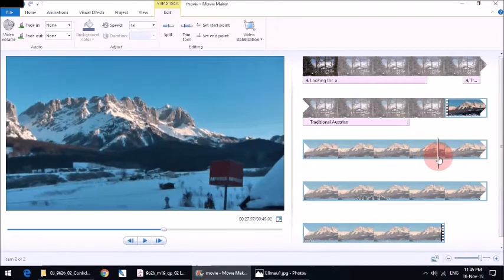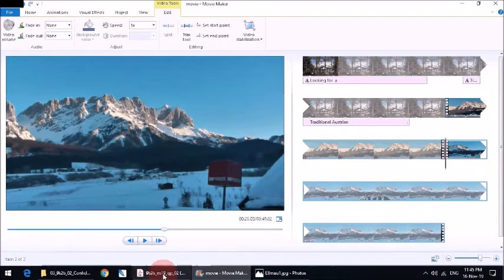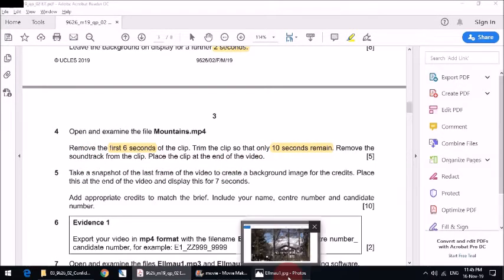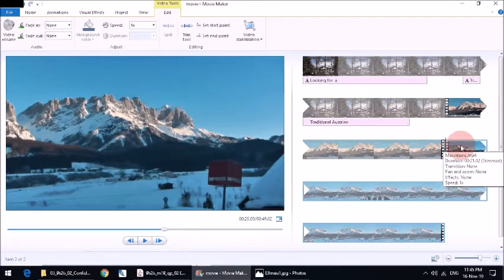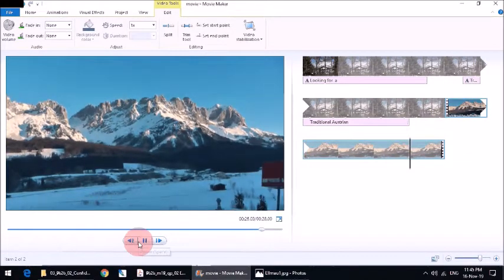This is 2803. So I'm going to split it right now, and I'm just going to confirm that it is only 10 seconds. Then move the soundtrack and place the clip at the end of the video. I'm going to remove it, delete this, and you still have the soundtrack,